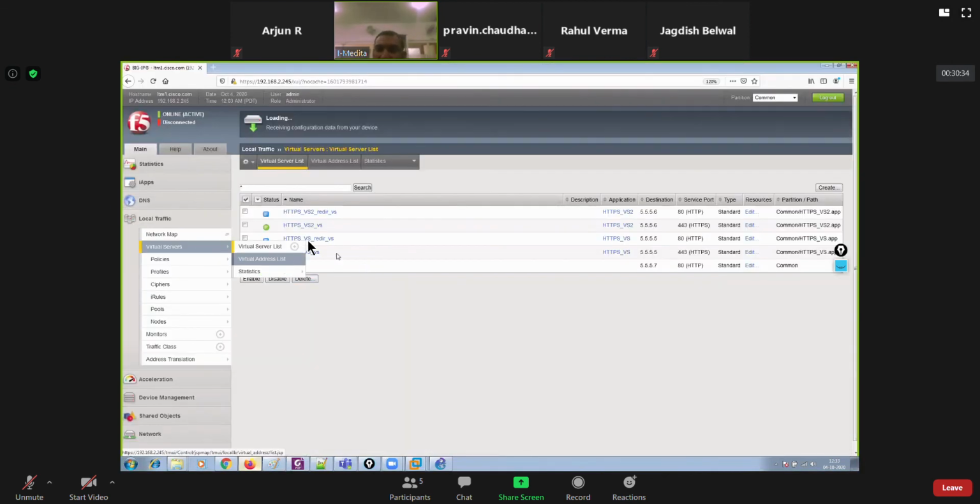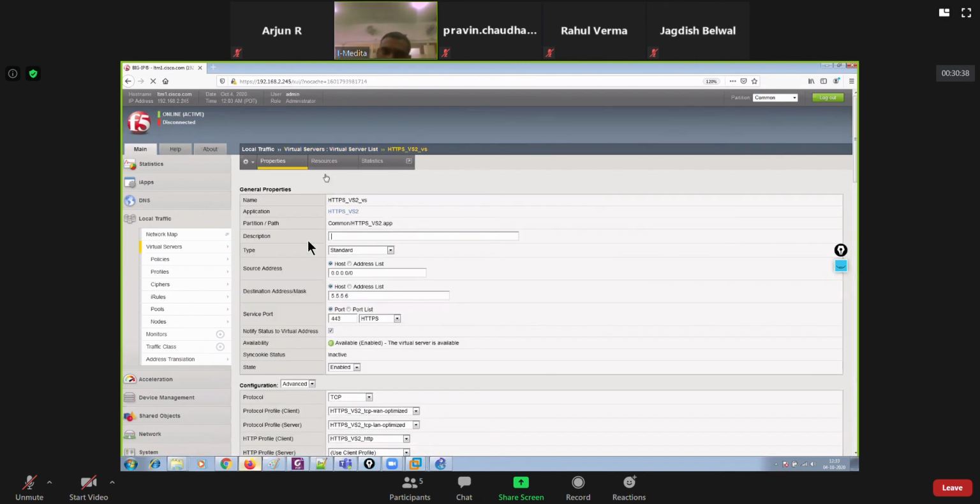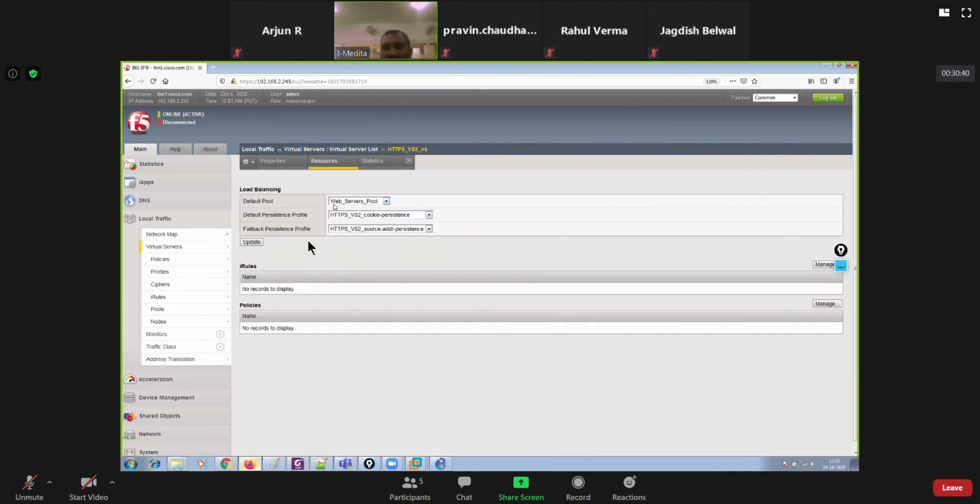If you have a virtual server, you can attach only one pool at one time. If you go to resources, under default pool there is an option of allocating only the default pool. There is nothing like a secondary pool or fallback pool. So in LTM, focus on my words, if you are creating a virtual server, you can attach only one pool to it. That's the limitation, right, guys?